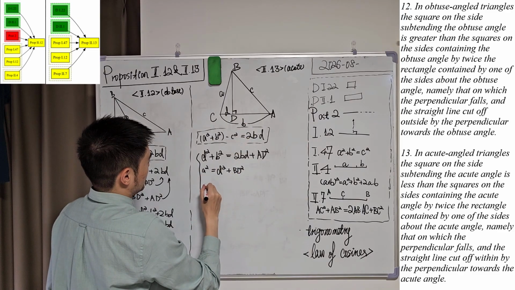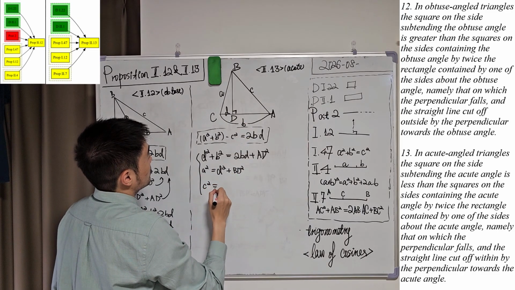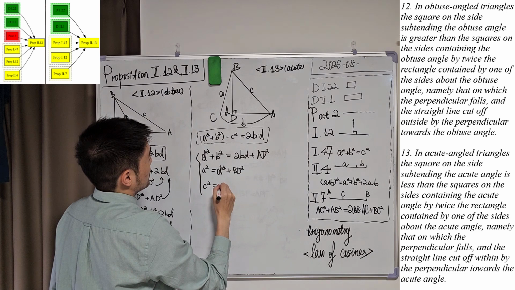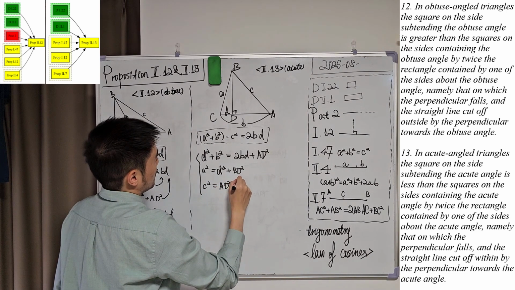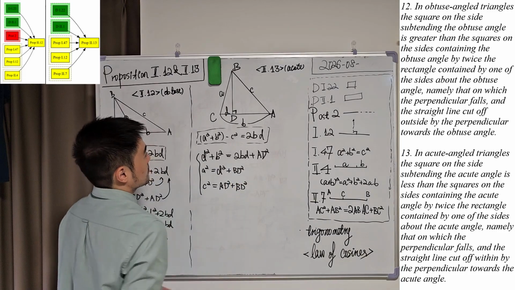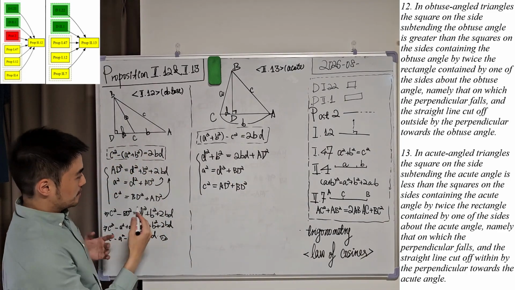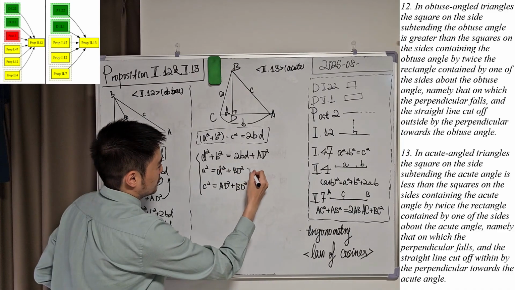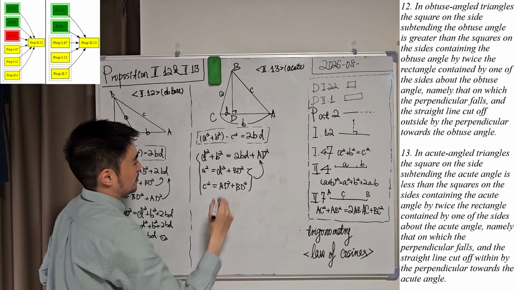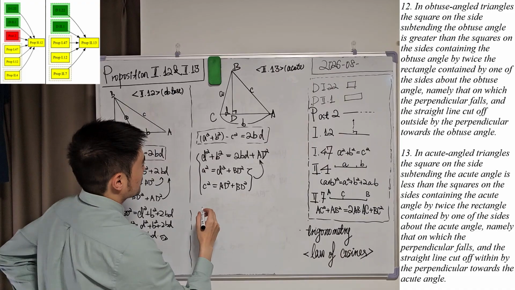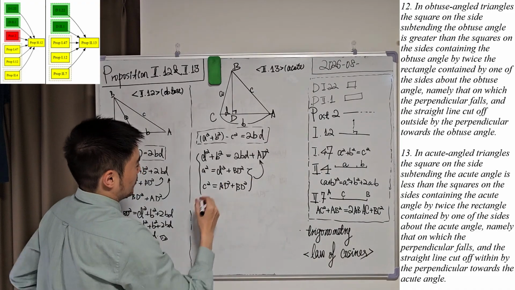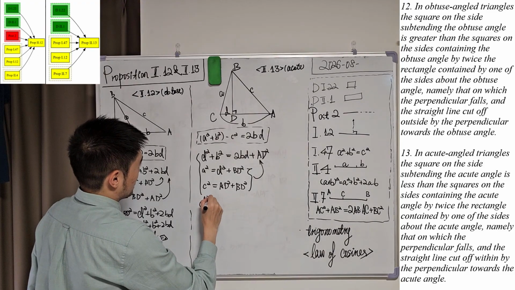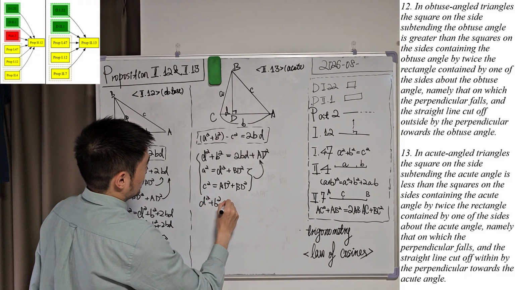And we have C square is equal to the square on AD plus the square on BD, correct? And then very similar to the previous step, let's plug these two equalities in the first equality. Then what do we have? We have, let's at first plug AD square here. So the left side is equal to